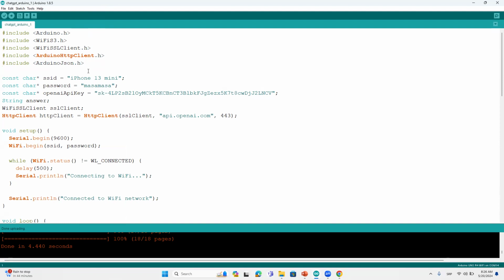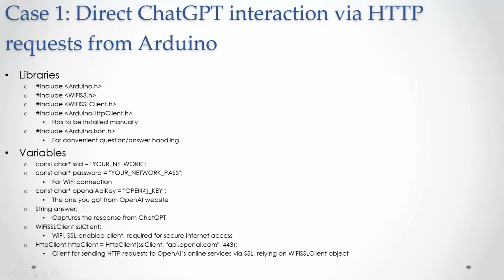So these are the set of libraries that we need to include before proceeding, before writing any of the ChatGPT invoking code. This one has to be installed manually. And this Arduino JSON library is an additional library, which would make our lives easier by incorporating more convenient access to JSON objects